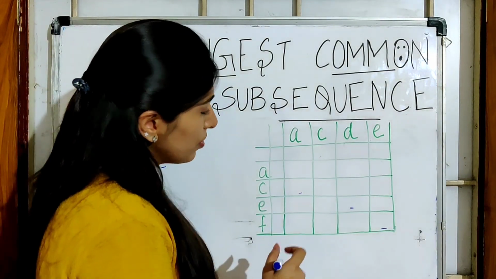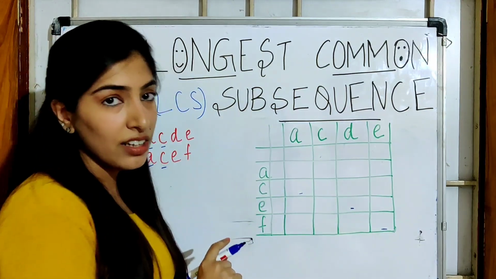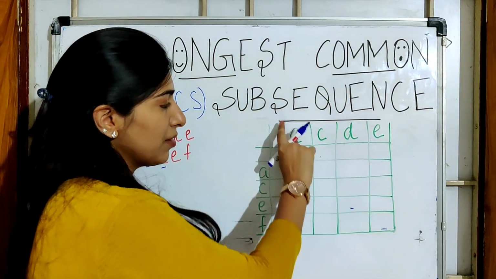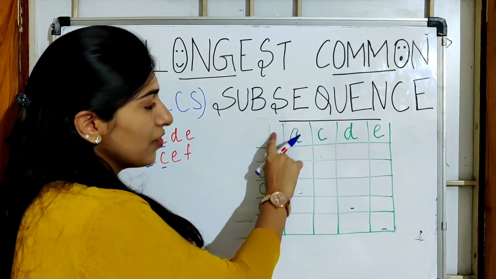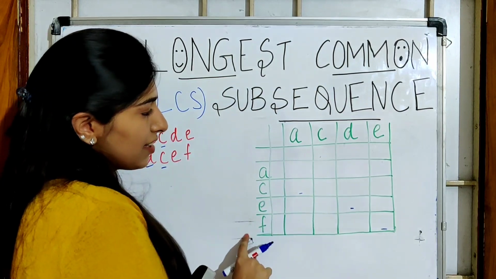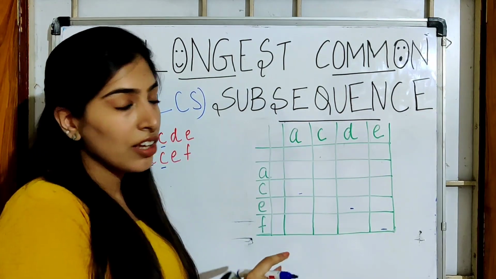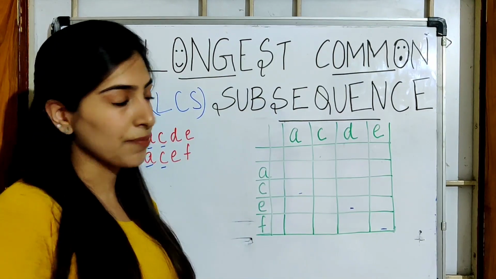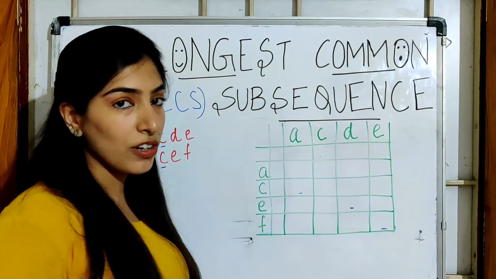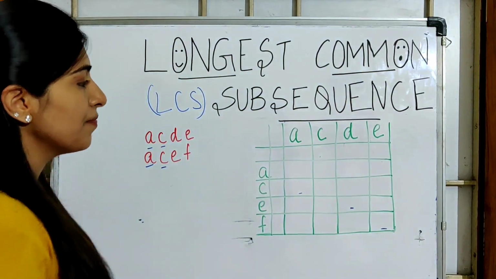Okay, so if you notice, I have added an extra row and extra column over here. Why is that? Because I want to write a general solution, and I will be writing my initial cases over here even when the strings are empty. So this row denotes that this string is empty, and this column denotes that this string is empty. So there are no characters in this string. We are going to try to come up with a general solution that can be used for all the values. It will be clearer when we solve it. Do not worry.